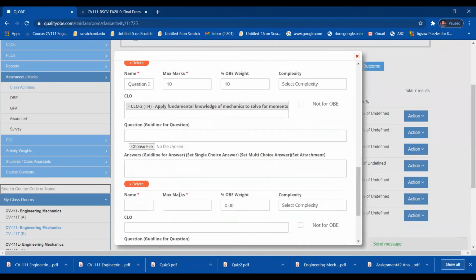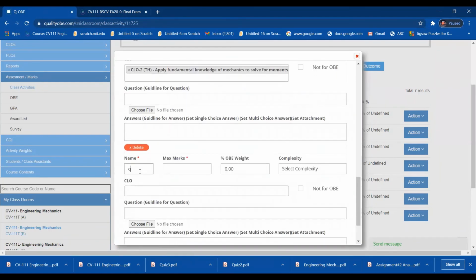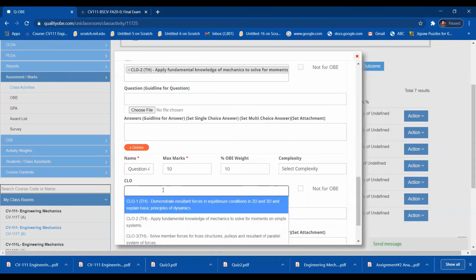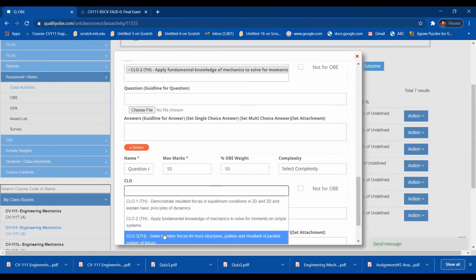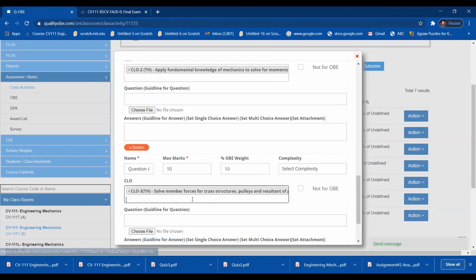Question number 4. It is of 10 marks. It is also of 10 percentage. And then this is from CLO 3.